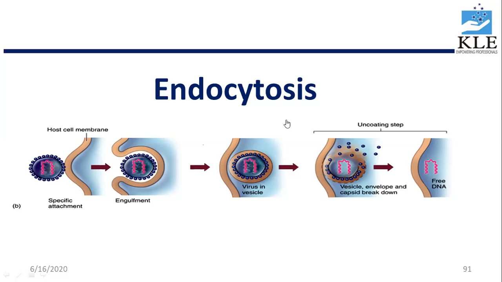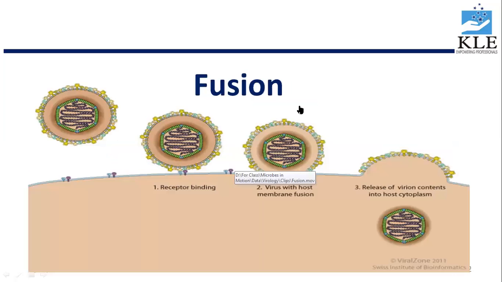And the second one is the fusion method. This will happen in case of the enveloped virus. So when there is an enveloped virus, once again, because of the specific attachment site, this is the receptor site on the host cell, and these are the enzymes which are present on the virus. There is an attachment, and once the attachment takes place, this initiates a biochemical reaction which will fuse the outer membrane, that lipid membrane of the virus, with that of the membrane of the host cell. So because of that,